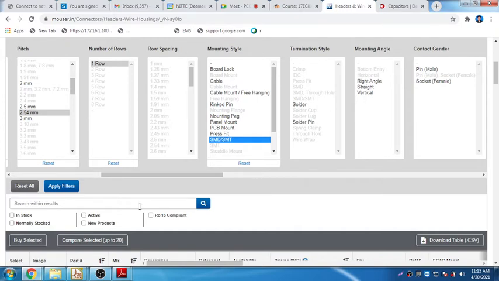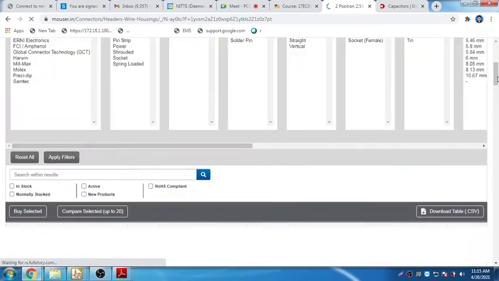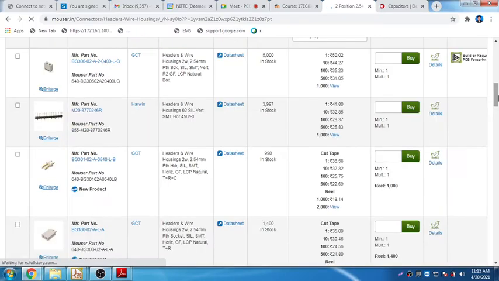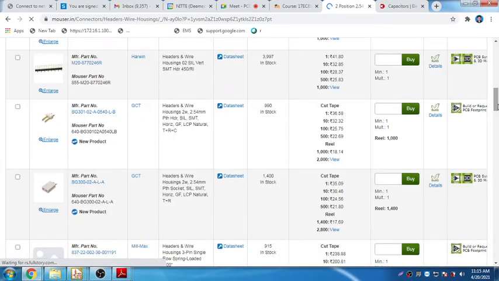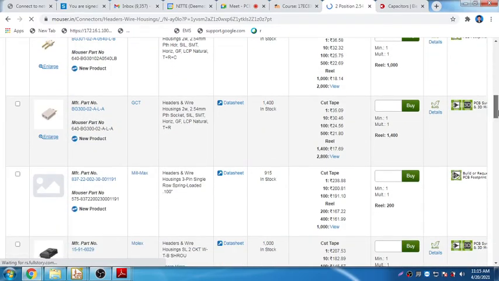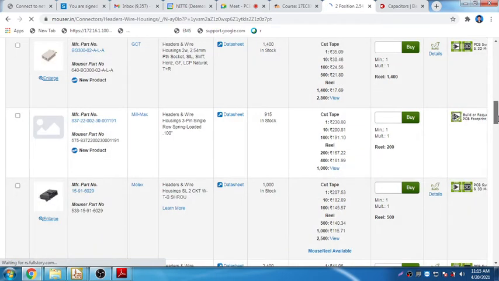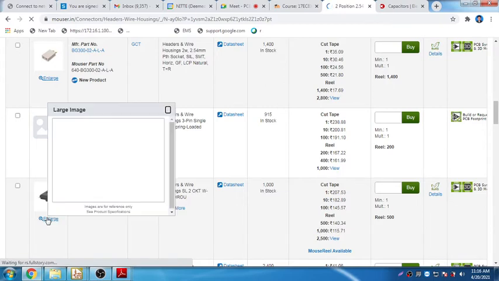So let's not worry. Right now I have this many components, so now I can narrow down the filter, and I'll get to know the components that it is going to list. So now you can decide which type of connector you want to use. Let's say I want to use this kind of connector. So here is a connector. If you look at this, there is a connector over here. Let's say this connector I'm going to use.